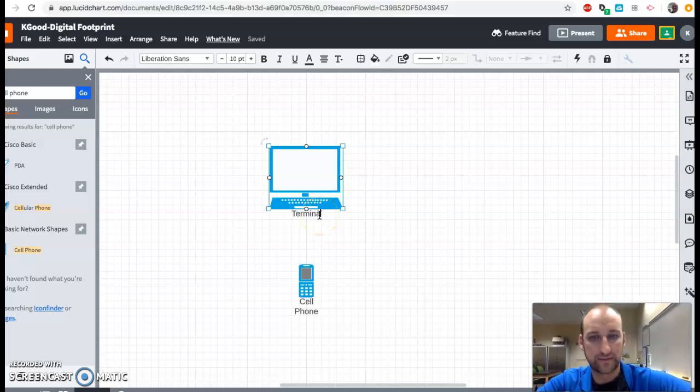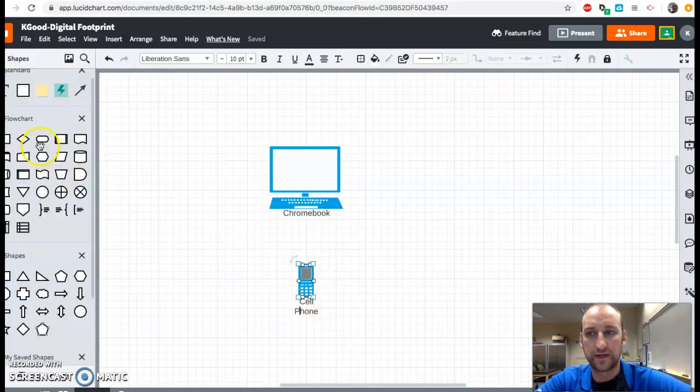And say, this is my Chromebook, and the other one's my home. I can have 2 computers. I can have a cell phone, and then you can go back to close that window out, and you can say, okay, what